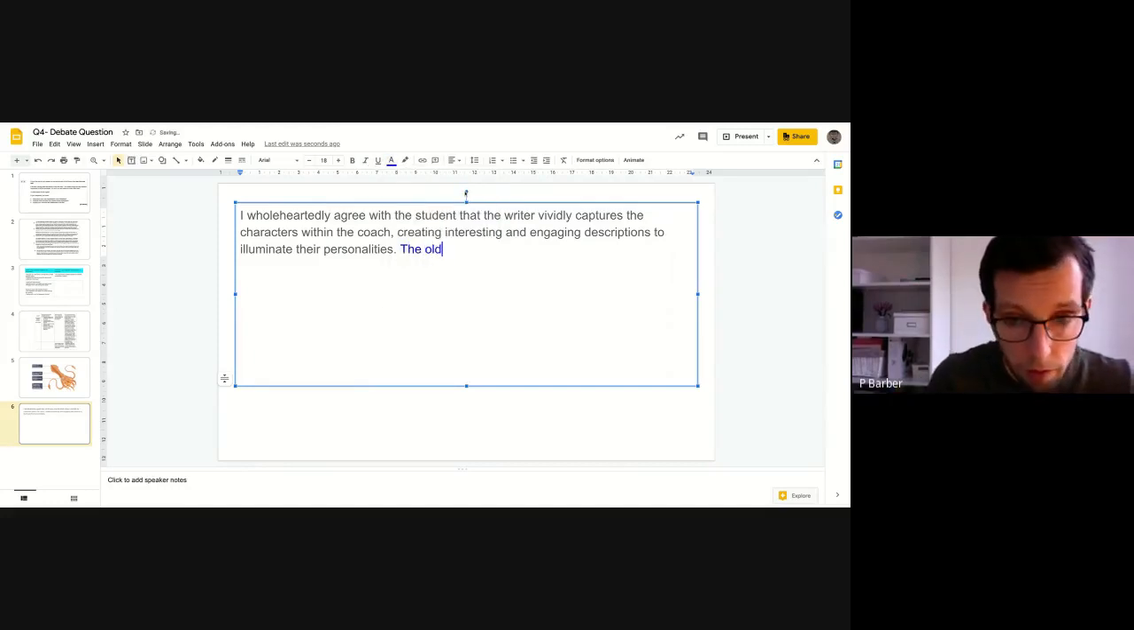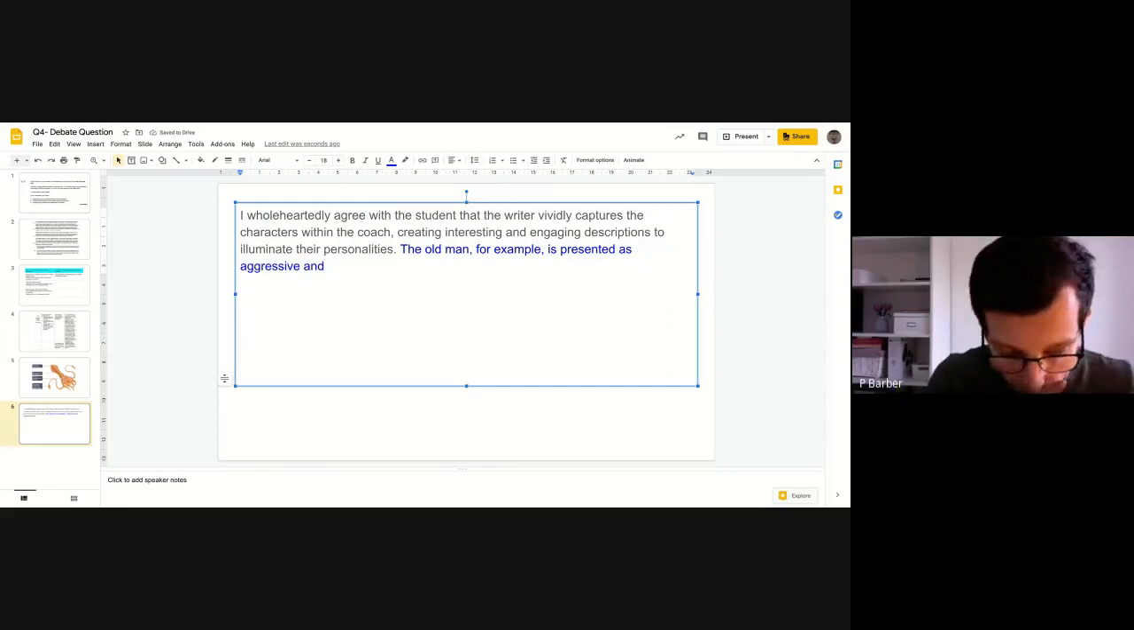The old man, for example, aggressive and